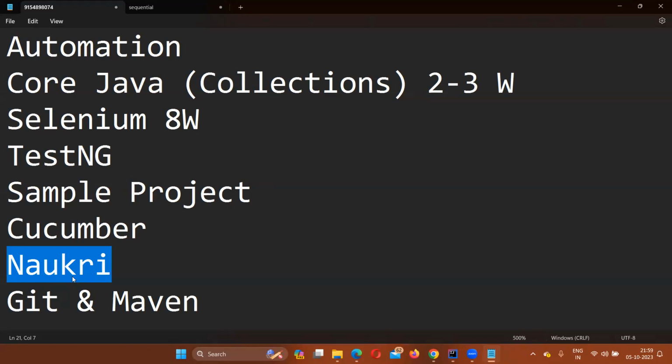Surendra, the certificate is for completion of the course. You are not a certified tester. When we say certificate, we are going to give you a certificate that you have learned this course. RSAT will give you a certificate like that. But if you want a certification showing that you are a tester, then maybe you'll have to write some tests. I hope you understood what I'm trying to say here.